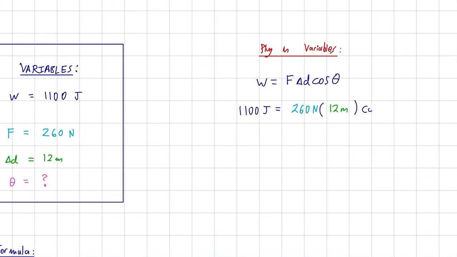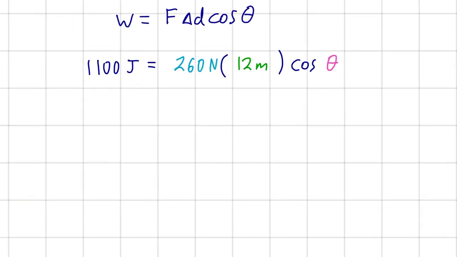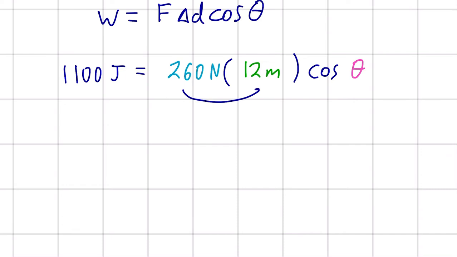times cos theta. And I'm going to keep the cos theta in pink, just so that it's clear to see how these variables that we started with have been entered into this formula. So now I'm just going to multiply these two terms together. That gives us an answer of